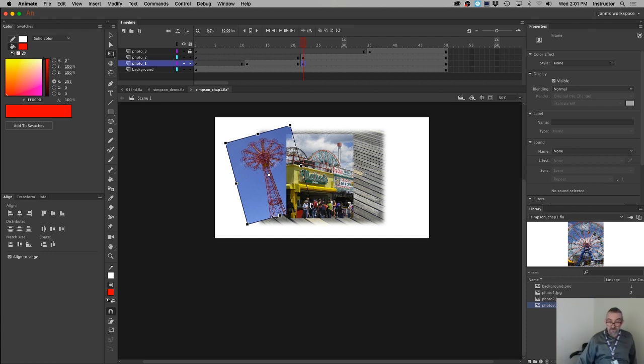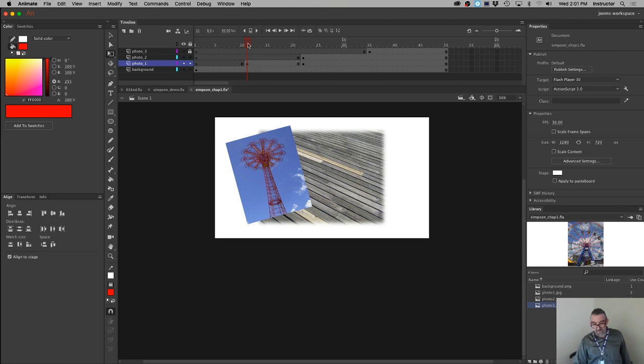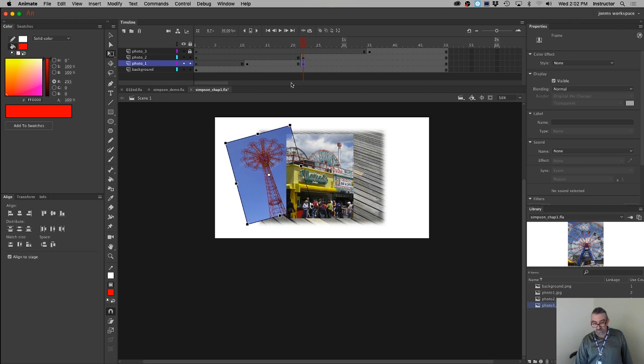So now photo number 1 is technically on there twice if we think about it in a temporal kind of way. Temporal meaning time. It's the same image, sitting in the same spot, but we have 2 time frames so that we can mess with it. We have the first one here at frame 10 or 11 now, and then we also have frame 21. So I'm going to come over to my properties inspector,